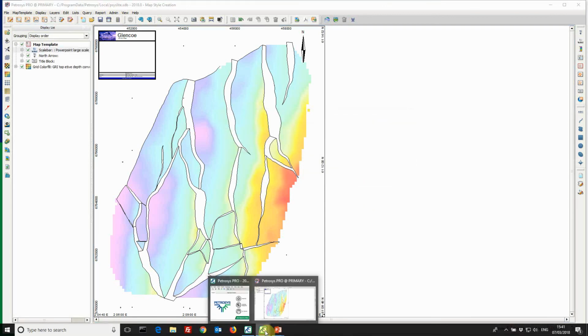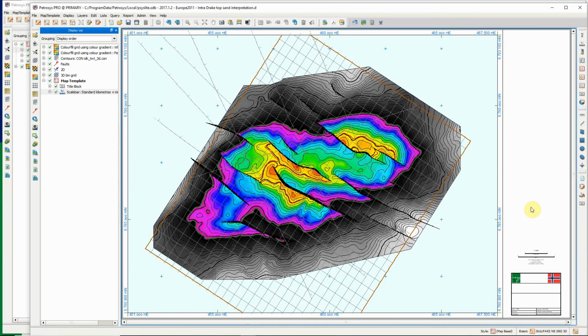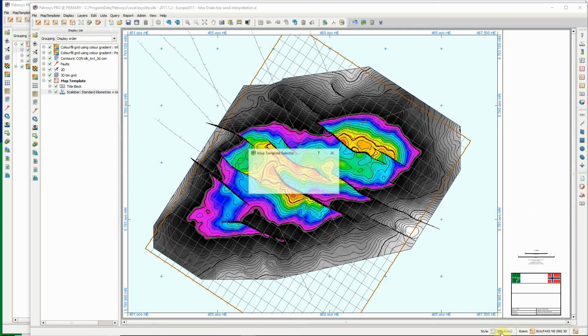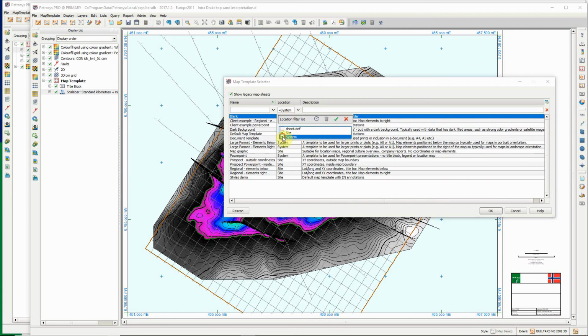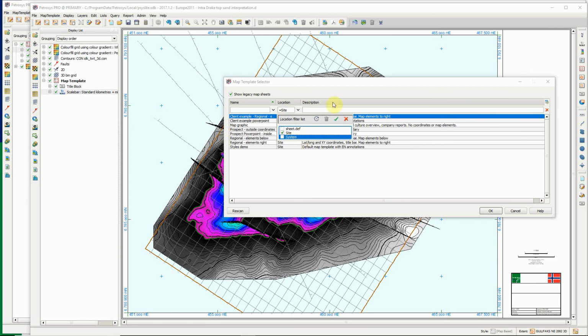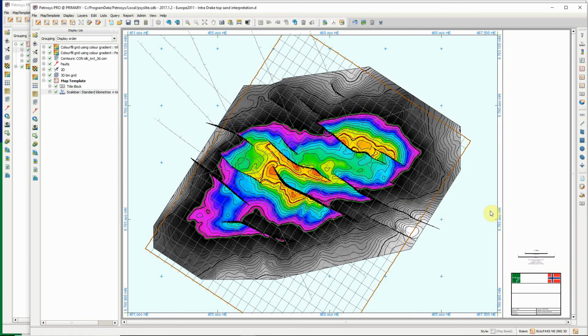Now I've got another map displayed in the background here, so this is an older map in a different project. Now if I want to make this map look similar to and consistent with the new map style, all I need to do is to go down to the Styles menu. I'm going to switch over to a list of site templates, previously the system templates displayed, and you'll see that I've got my new Styles demo style displayed here. Select that and hit OK,